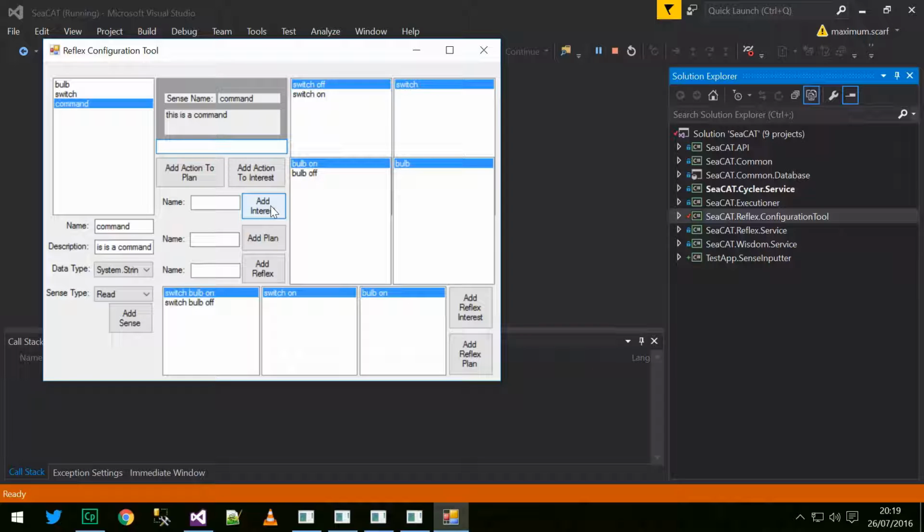So let's create a new interest called command on. And command on has a command where we say light me up, and we add that to the interest,